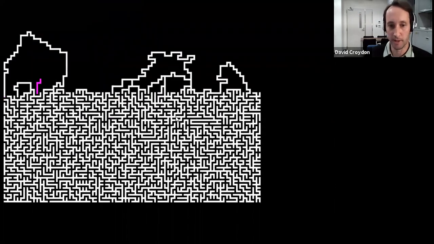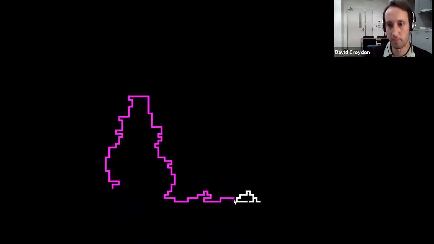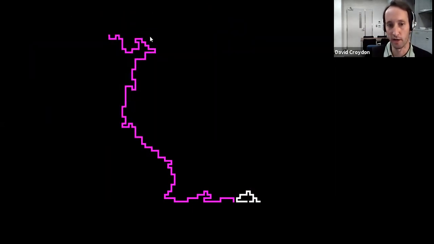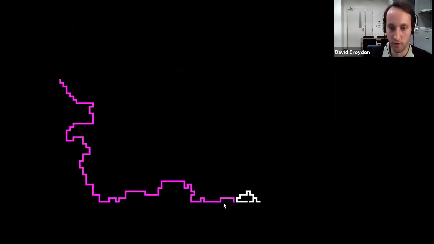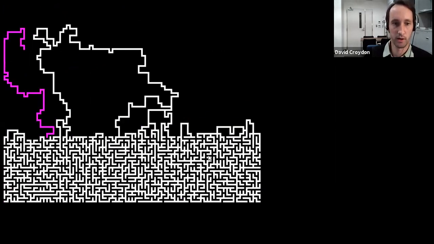You can see that at the beginning it was a little bit slow, so maybe I'll start it again. It's a little bit slow at the beginning to connect up to what we've already constructed, but as we go on, it gets quicker and quicker. I should say that when I pick the new vertices, I'm just going along sequentially along the lattice like this.